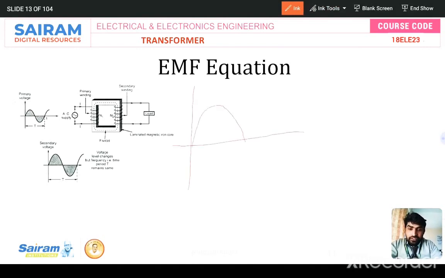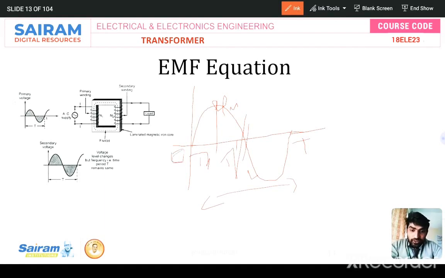I'll take it like this, okay? This is maximum flux linkage, and this is 0, and this is the total time taken T. This is T by 2. Or I can take pi by 2 also, but I'll take the general equation. Total is T, and this part is T by 2, and here T by 4, T by 4, T by 4, another T by 4, we'll get totally T, right? So that is 0 here.